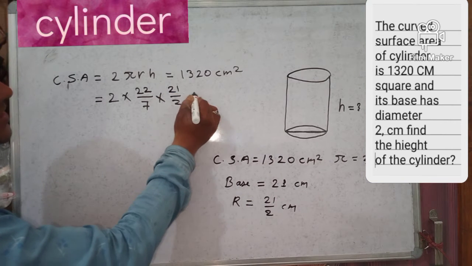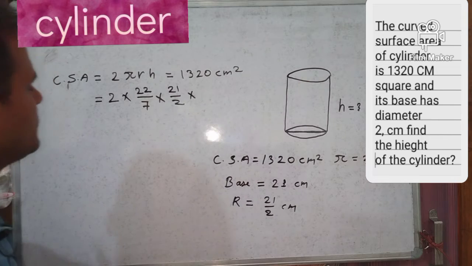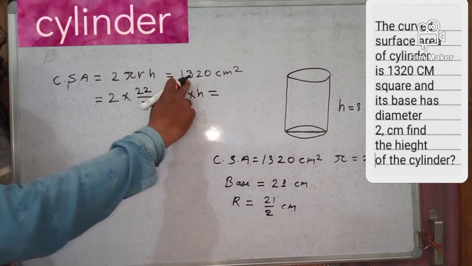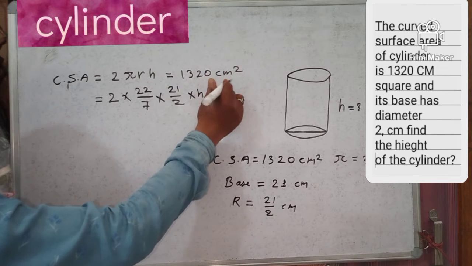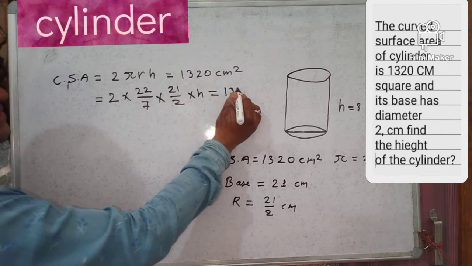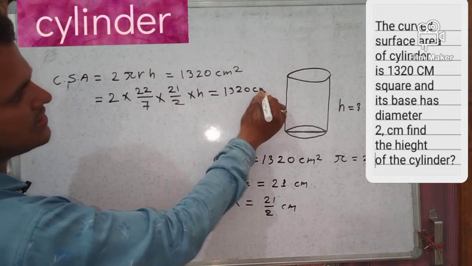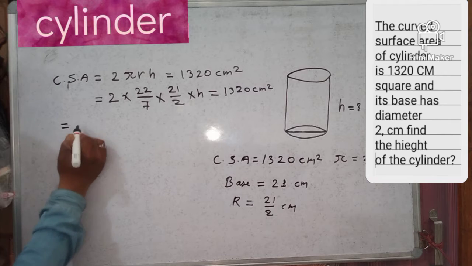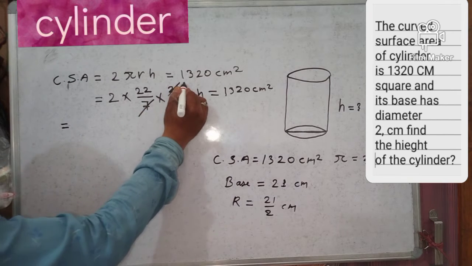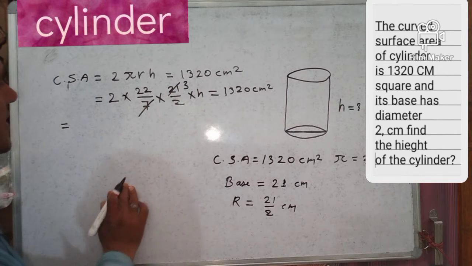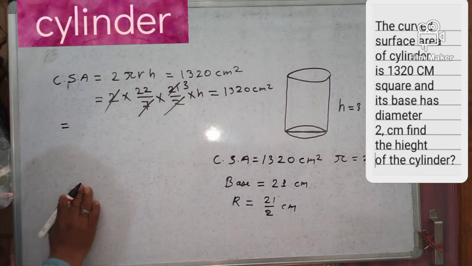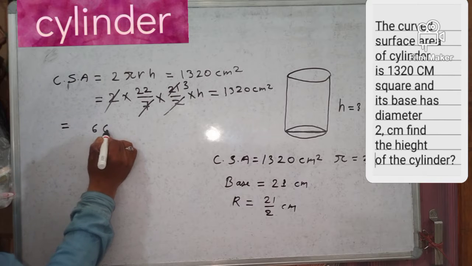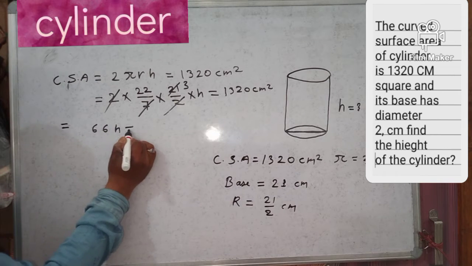So 2 into 22 by 7 into 21 by 2 into height is equal to 1320 centimeter square. So now see here, 7 threes are 21, and 2 and 2 cancel. So 22 into 3 will be 66 h is equal to